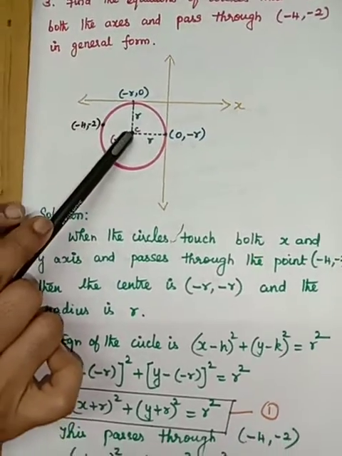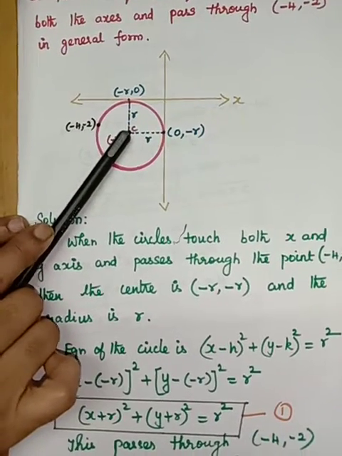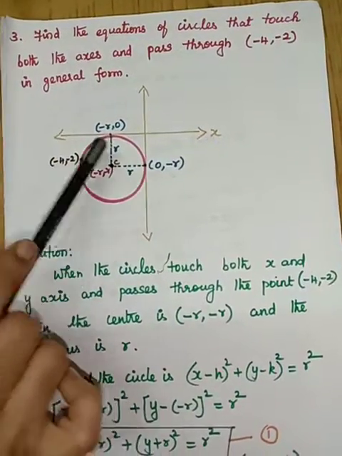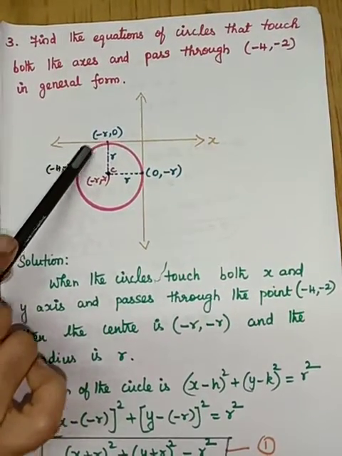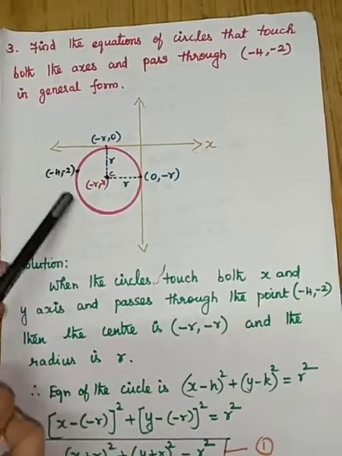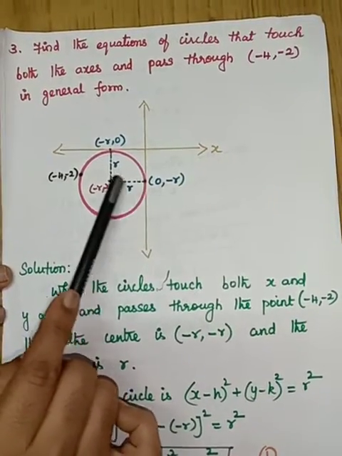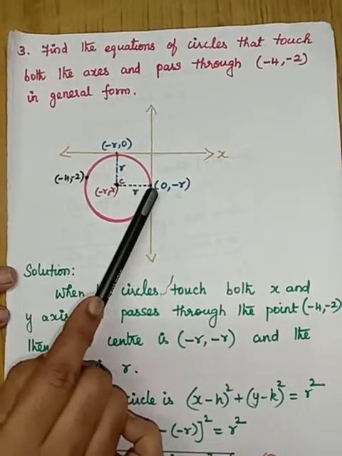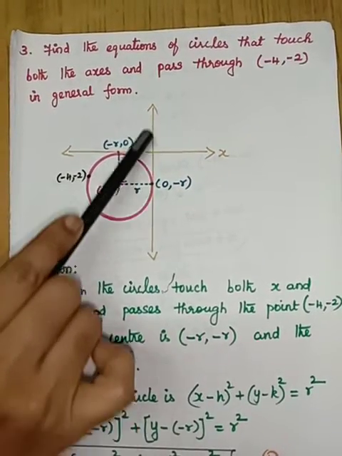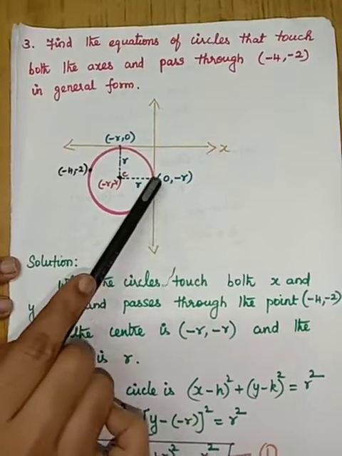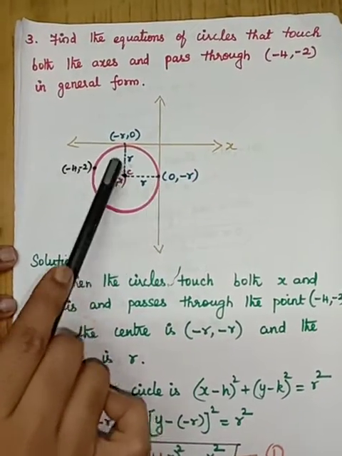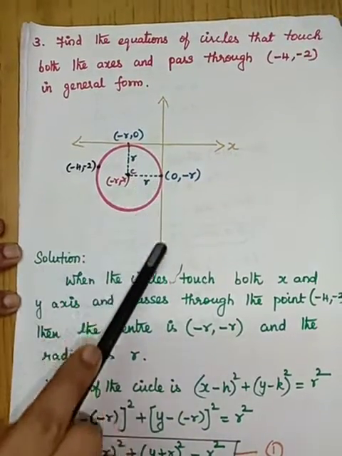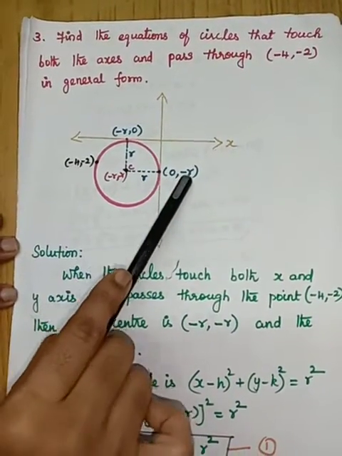Okay, so I have taken this is the center of the circle, and one more result is given. The circles touch both the axes. So how I have drawn, it touches the x-axis as well as the y-axis. So what is the distance? This distance is nothing but the radius r. This point is on the y-axis, so x distance is 0. What is the y distance? It is r, in the minus y. So it is 0, minus r.